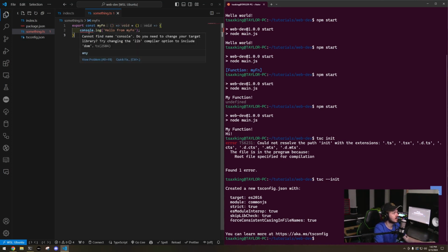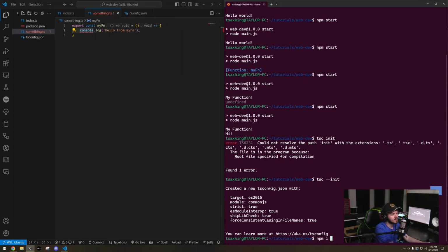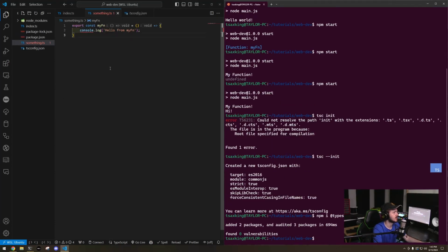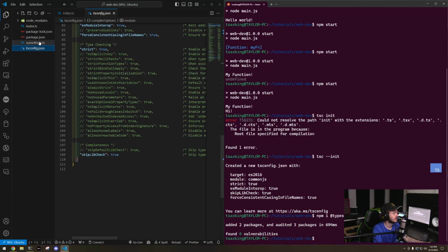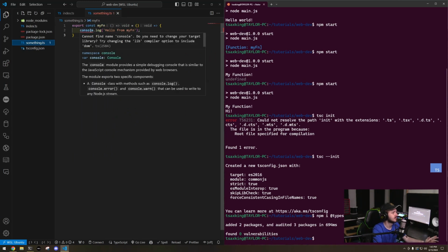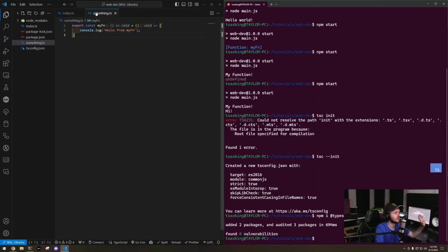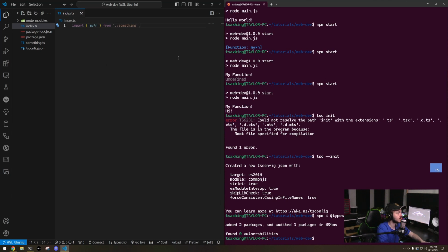Why is that happening? Cannot find name console. That's not right. Maybe npm i @types/node. Maybe I need that. Really? I don't want DOM. Whatever. Oh, now it works. That's one thing that I find annoying about TypeScript. So now if I run my function,